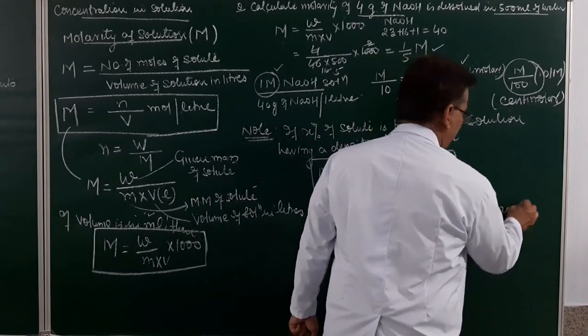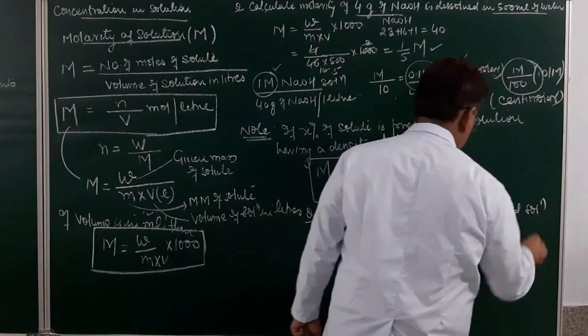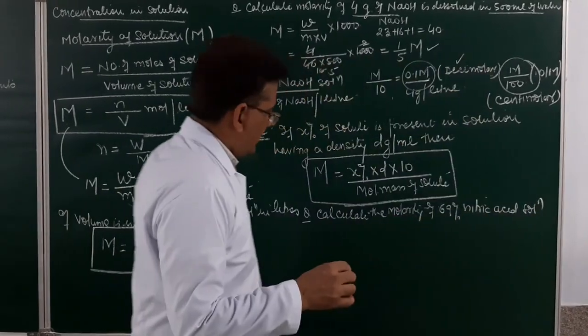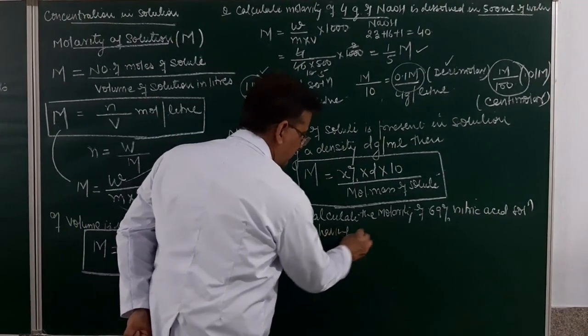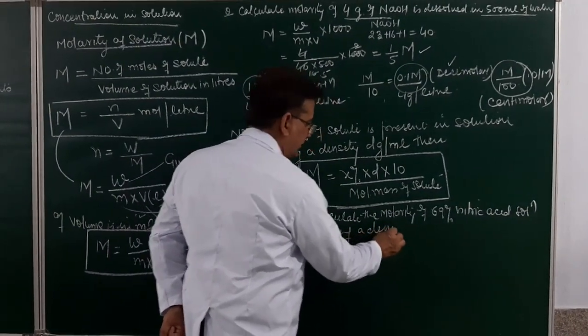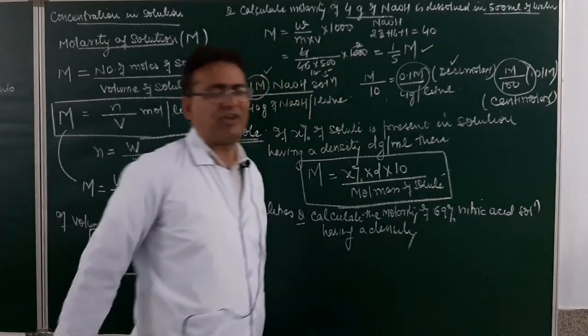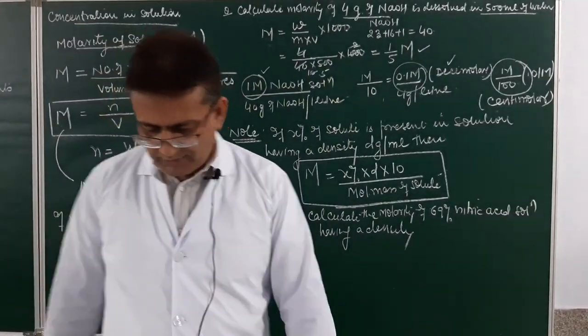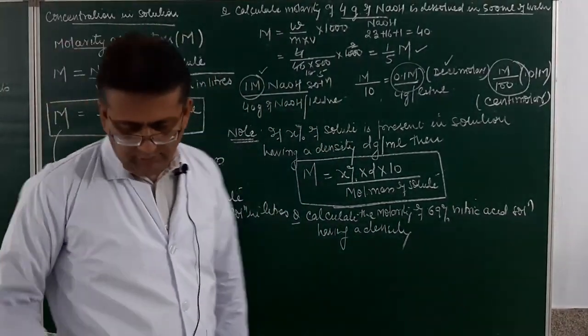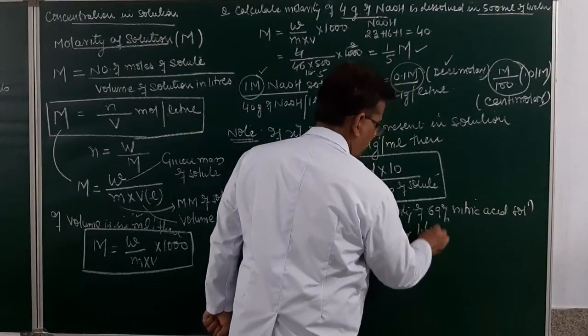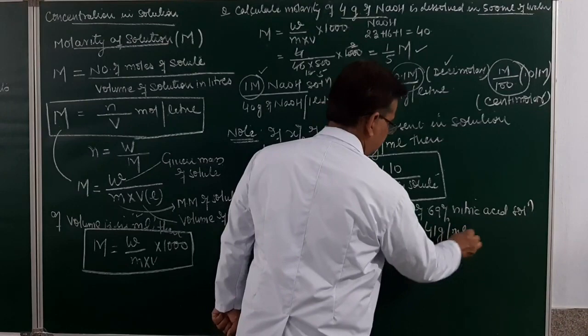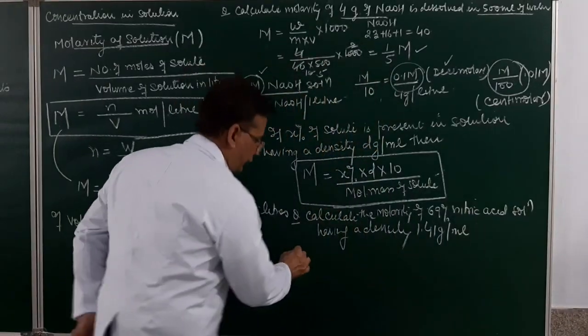69% nitric acid solution having a density, suppose the density is given as 1.41 gram per ml, then the solution will be,